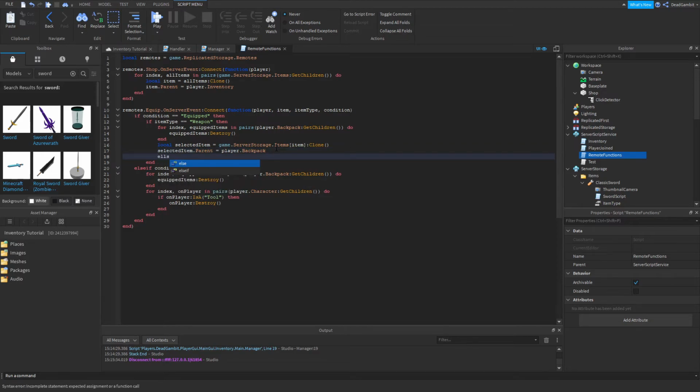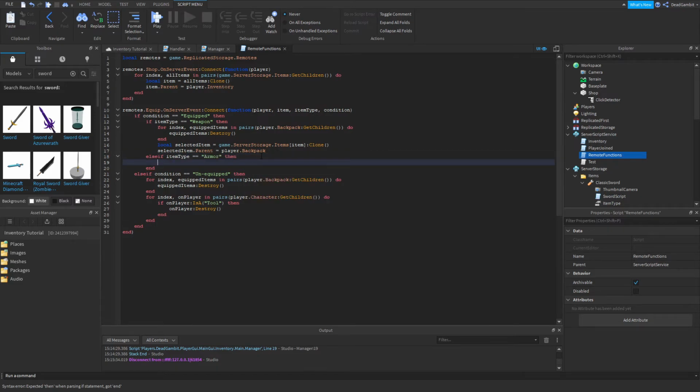And we'll do an else if statement: else if item type is equal to armor, then